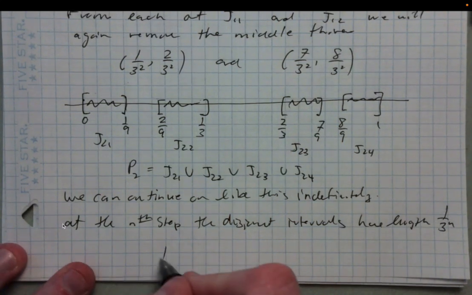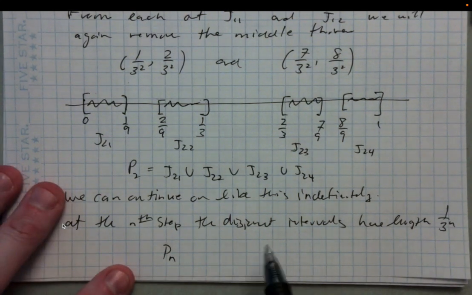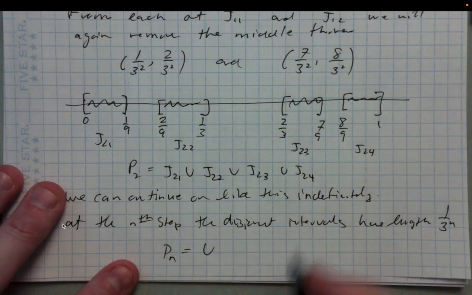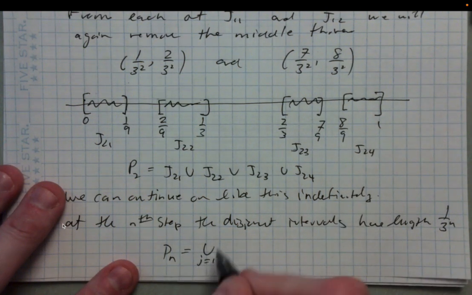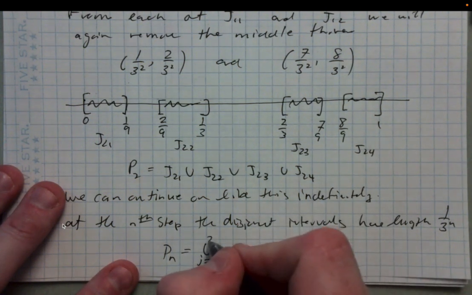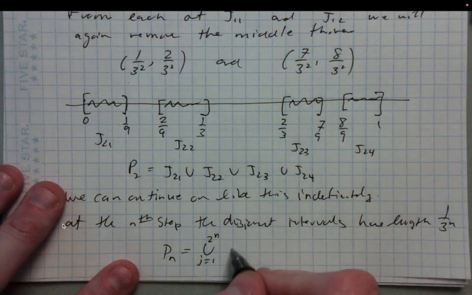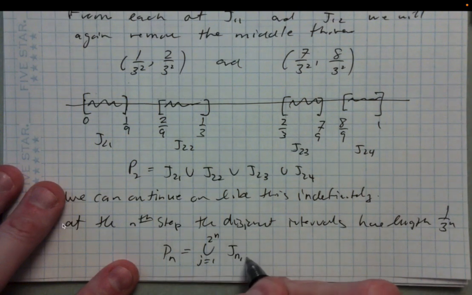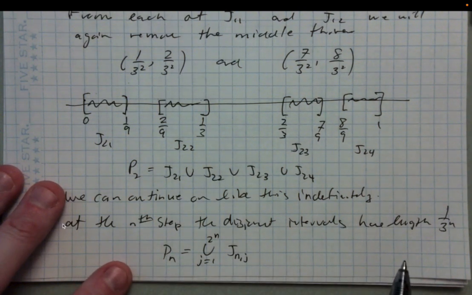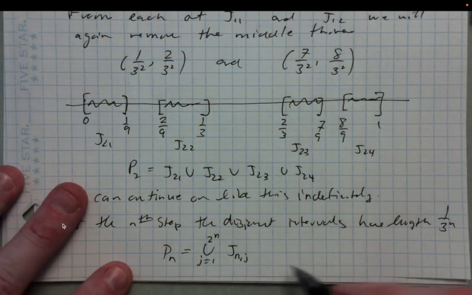Right, and then P sub n is very easy to predict. It's just going to be equal to the union from, we'll say, j equals 1 up to 2 to the n of J n comma j, right? Where for each j, actually, I'm sorry, let me put this on the next page. We need to have all of this visible at the same time. Okay, so